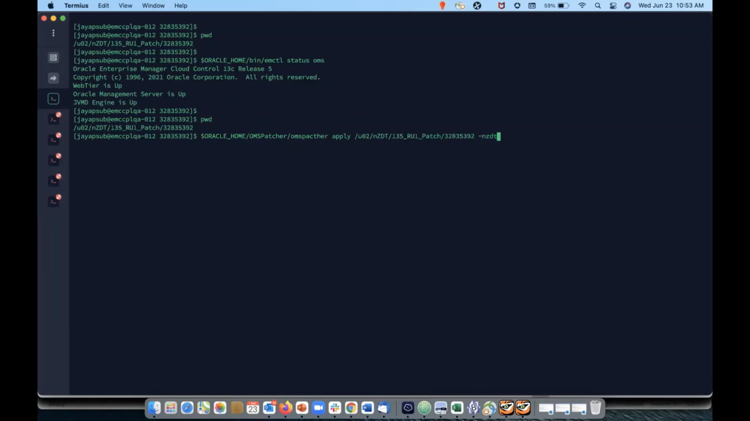I've already executed the analyze, because analyze is the first step that we want customers to run to make sure there are no patch conflicts. Make sure analyze is getting successful. Once that is done, because that is also an online operation, it doesn't require the OMS to be down, then you'll be running the apply operation. So here you can see the OMS is up. So when I run the first command,